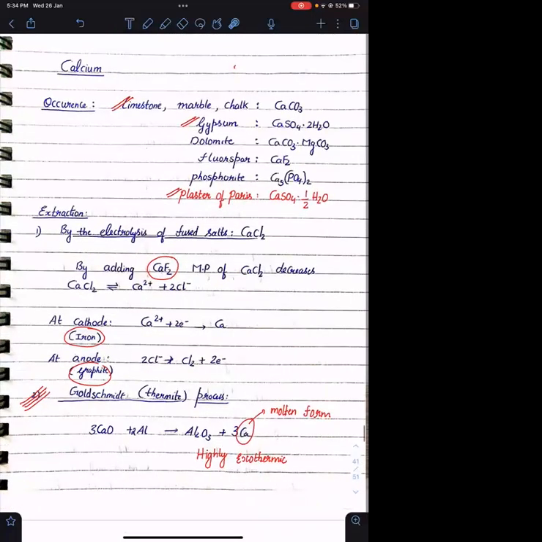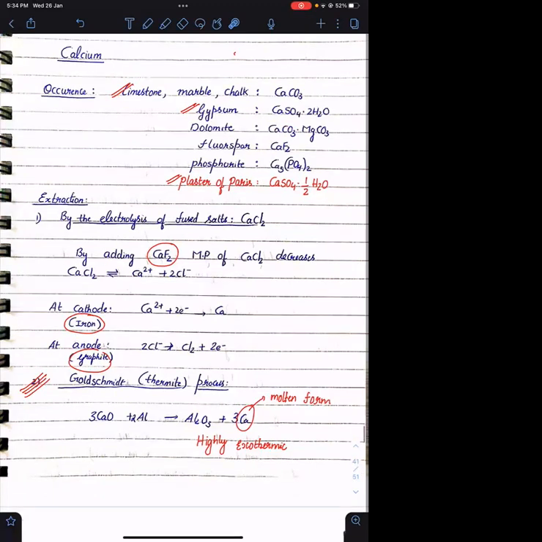Among the important compounds of calcium, calcium carbonate very important है. Gypsum important है, plaster of Paris भी important है. बाकी सब इनके formula important है, but इनके preparation methods भी important है. Calcium के extraction के लिए